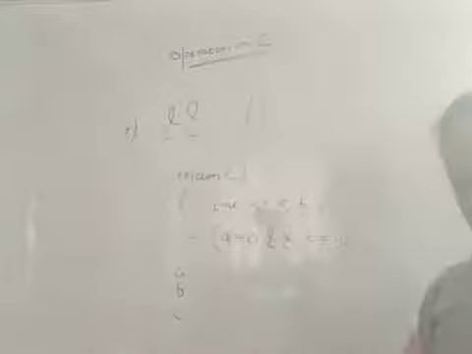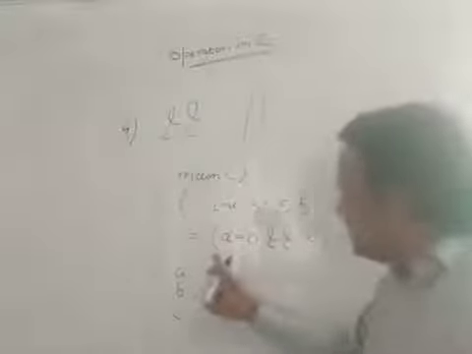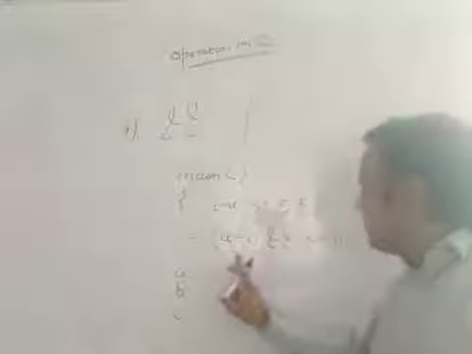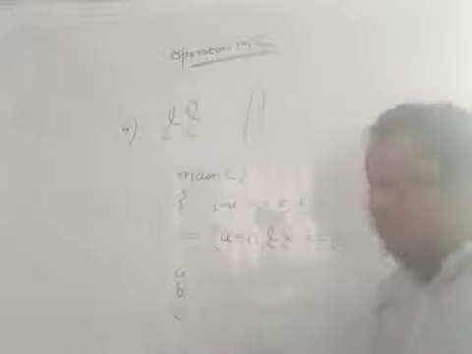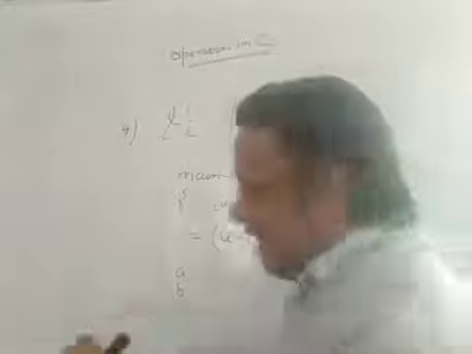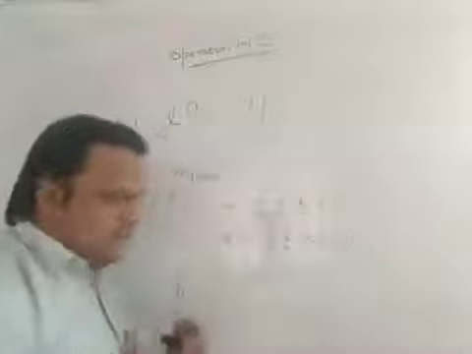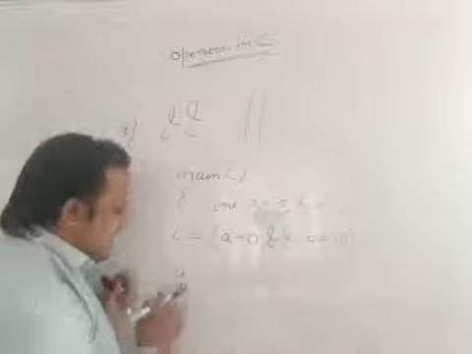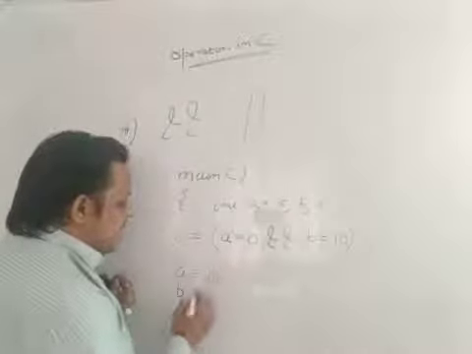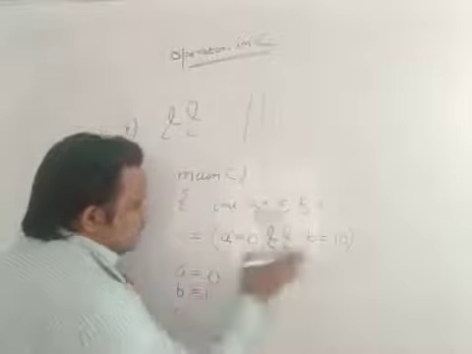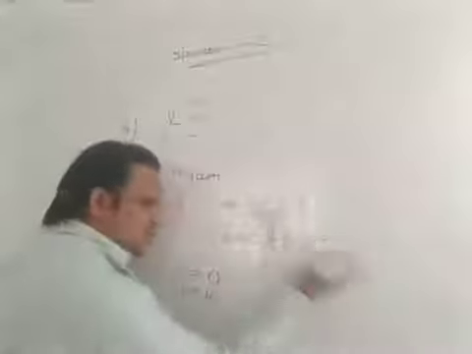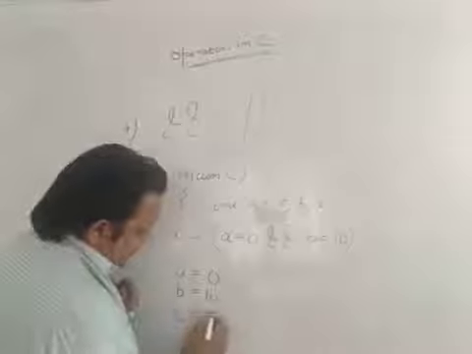The value of c can be only 0 or 1, because if this expression is true, then the value of c will be 1, but if the expression is false, then the value of c will be 0. So the c value is very clear, it can be 0 or 1, no other value, right? But what is the value of a? Now you will say that a is 0, fine, b is 10, and 0 is false and this is true. False and true is what? False. Therefore the value of c is 0.